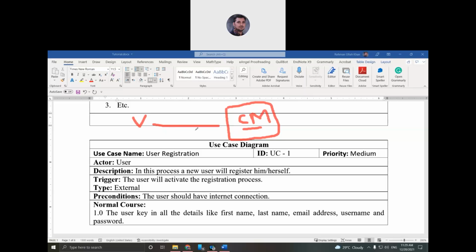Or maybe once they log into the system, the interface will change in the form of a gallery type, where all the artifacts are displayed. So the whole gallery is here now.